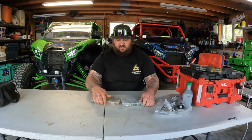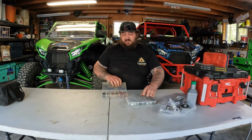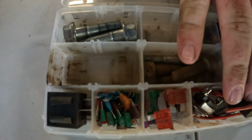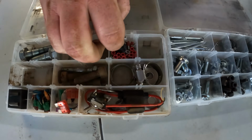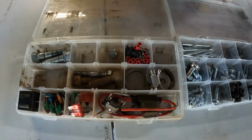hardware. Nuts and bolts. These containers suck, but this is what we use for hardware. We got some electrical components in there: mini fuses, an inline fuse with a toggle switch, hose clamps, and these cheap little connectors that you can get anywhere, which fit perfect on the back of the rocker switches. Got a little rocker switch in there,